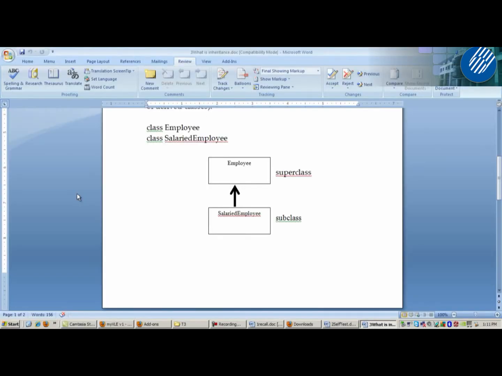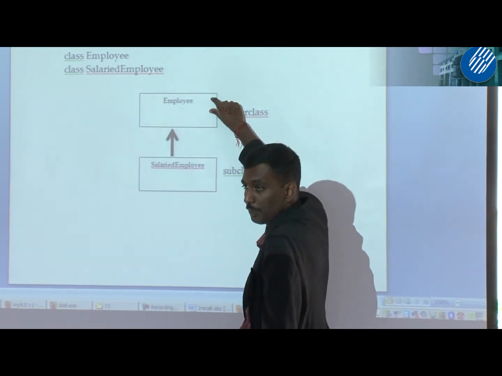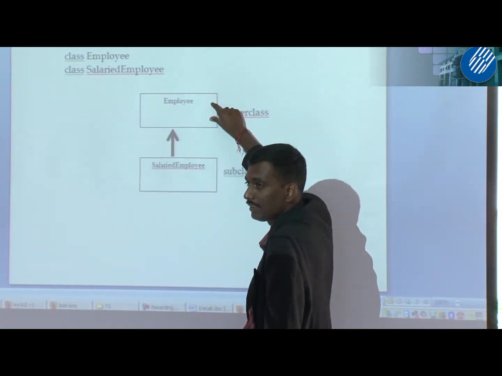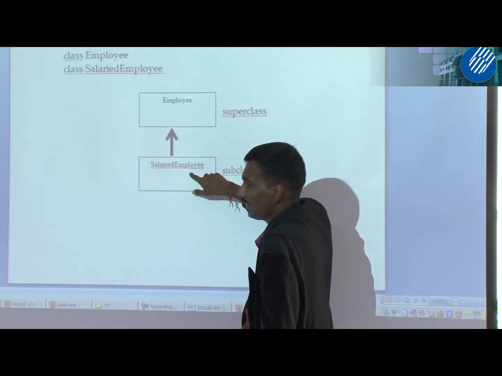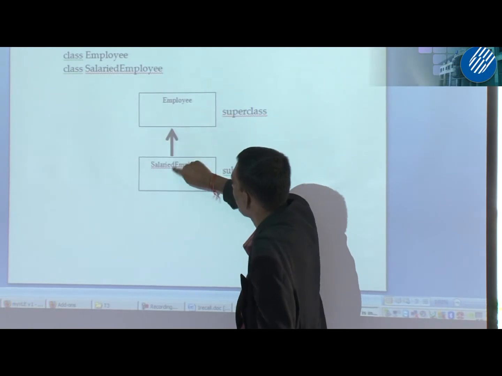You know why it should point to the superclass? Subclass inherits superclass. It means whatever attributes and methods that you have written here in the superclass can be used by salaried employee. It's because it's going up, right? Means you can use.